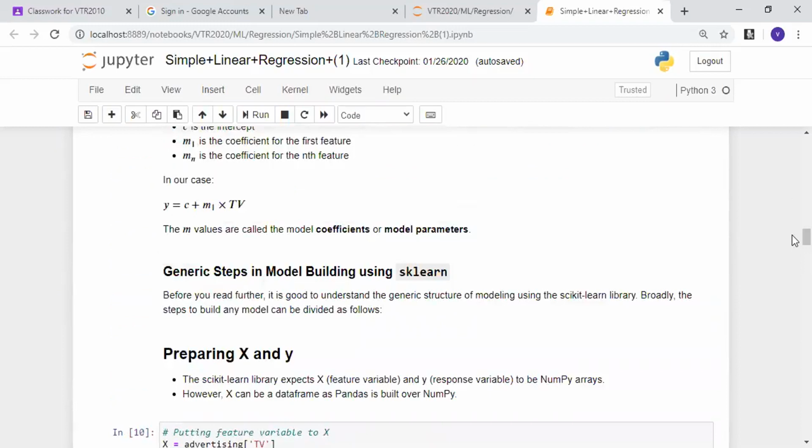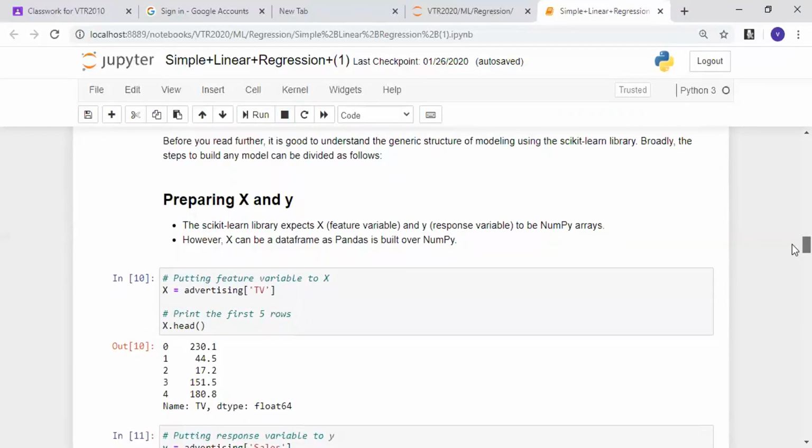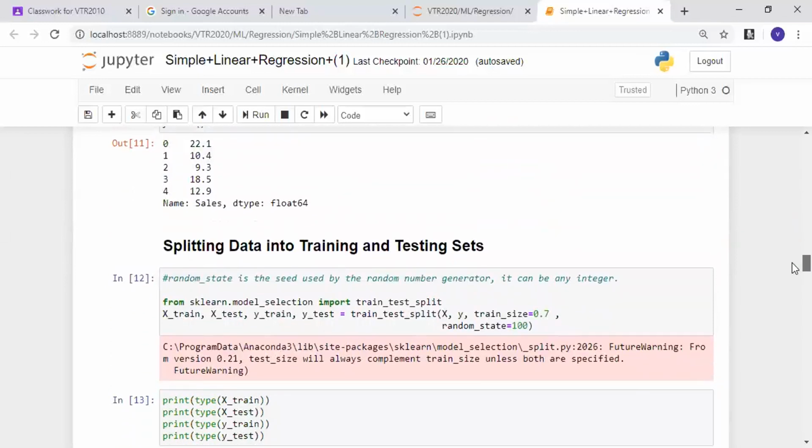y is equal to mx plus c is the equation. The machine has built a machine learning model. It has calculated the slope. It has calculated the intercept. It has given the slope value and the intercept value. I told you to put the equation y is equal to mx plus c, and I'm telling you what is m, and I'm telling you what is c. I want you to calculate y.